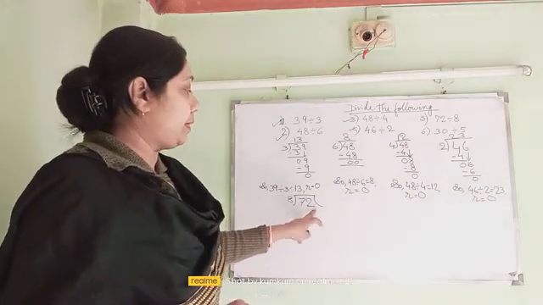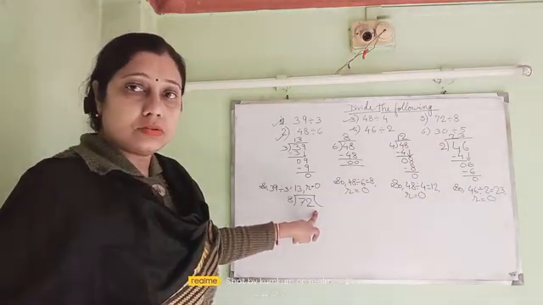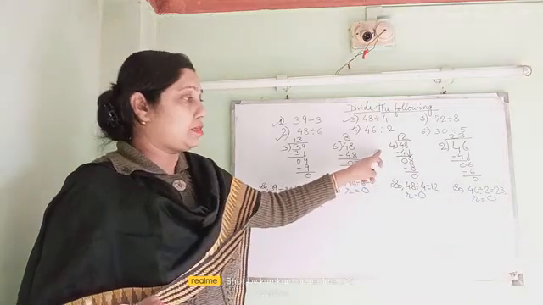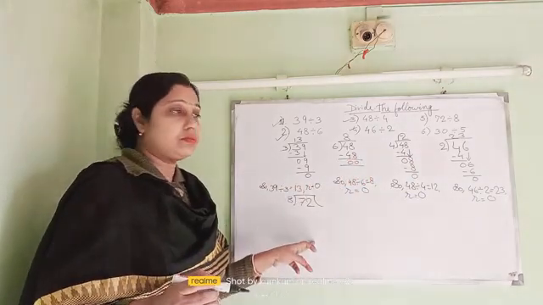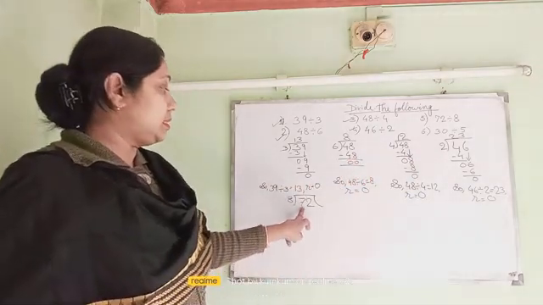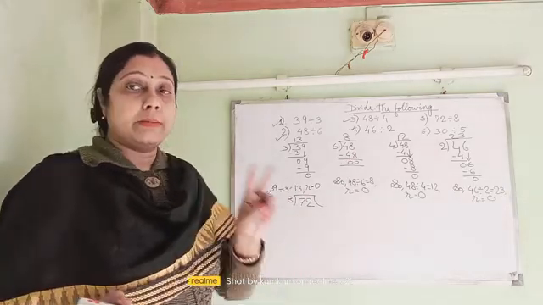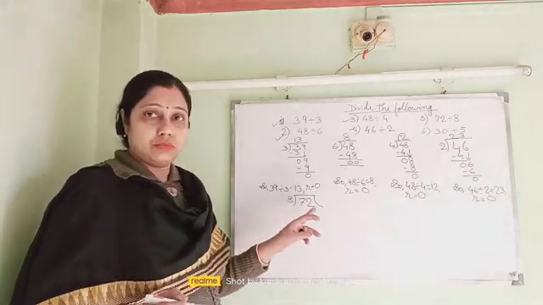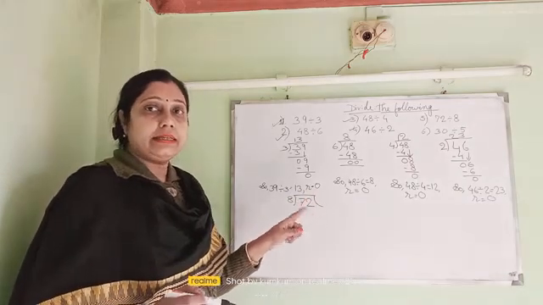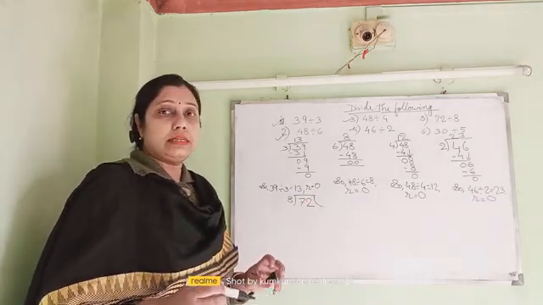Both the side, if you are making curve and you are writing, that is also correct. If you are writing this way, it is also correct. If you are doing this way, it is also correct. Now, the first digit 7 is smaller than 8. That's why we are going to take 2-digit number. And we will think of 72. We will read the table of 8 until 72 is coming. So, read the table of 8.